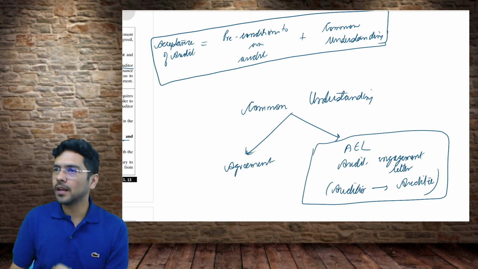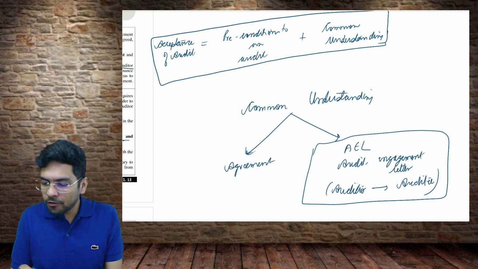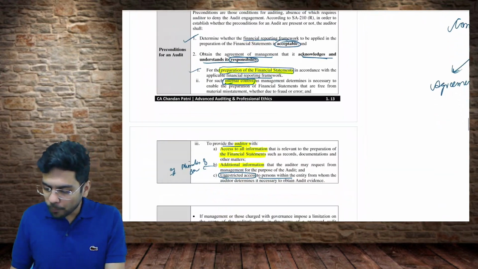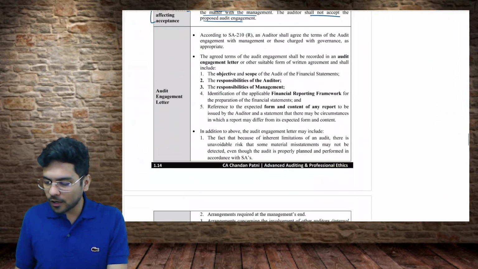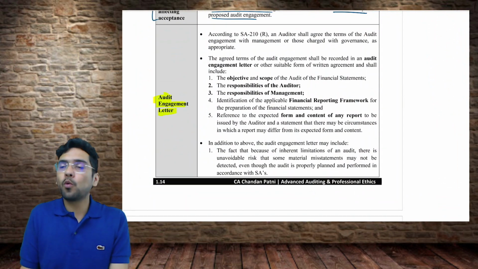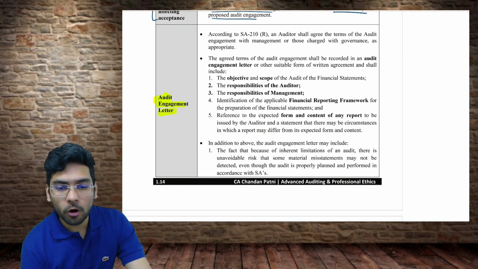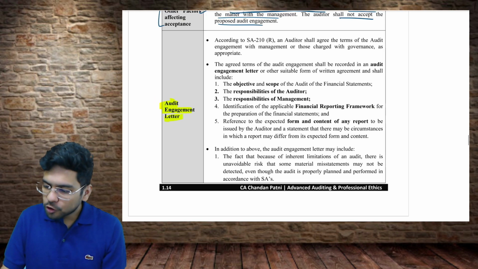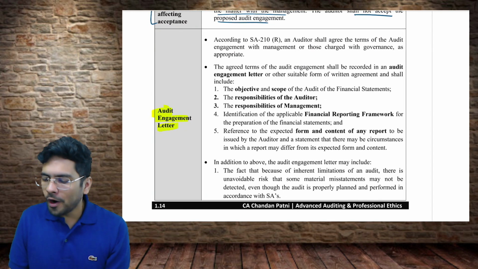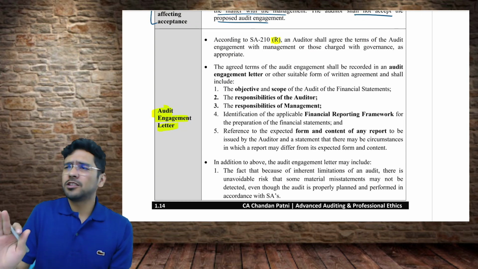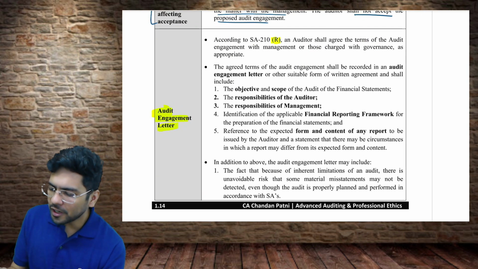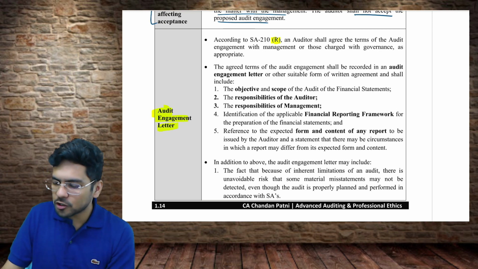Audit engagement letter. Now, because I told you this is more popular, we shall be going with the topic of audit engagement letter. So what is an audit engagement letter and what should be its contents? This is what we are going to cover now. It says, according to 210, and R means revised, you don't have to remember it for your exams,